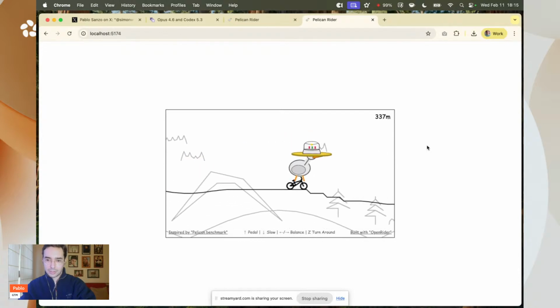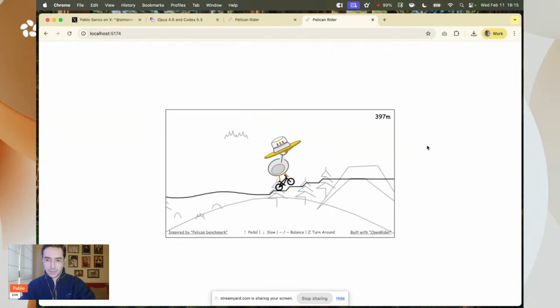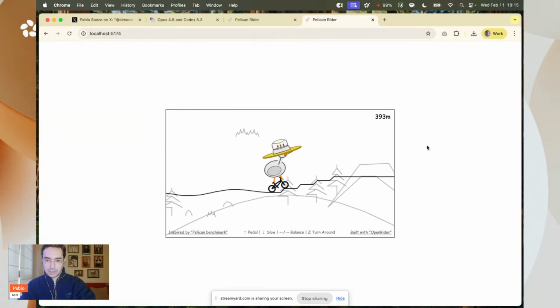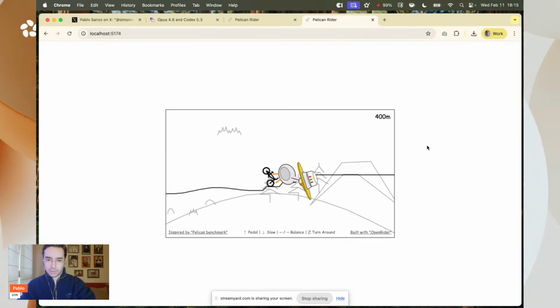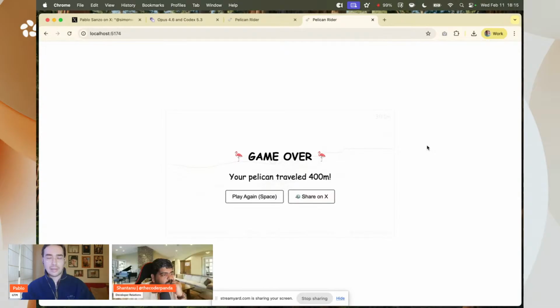This game is very addictive. It's a mix of this pelican thing with a game from my childhood, which was called Open Rider or something like that. 400 meters. I think it's decent, Santanu. Try if you can beat me later. But